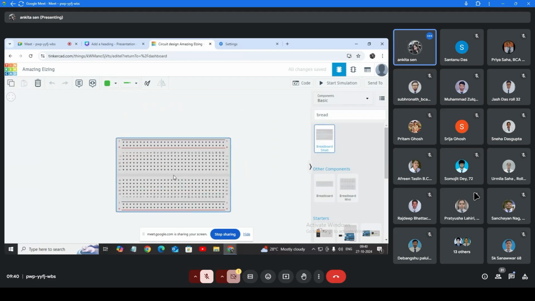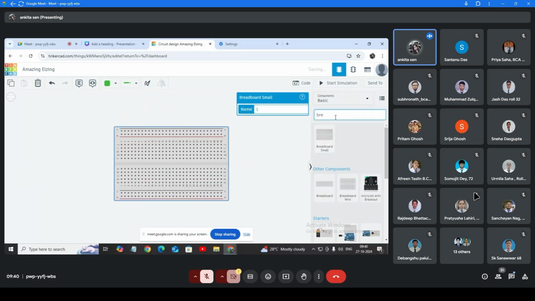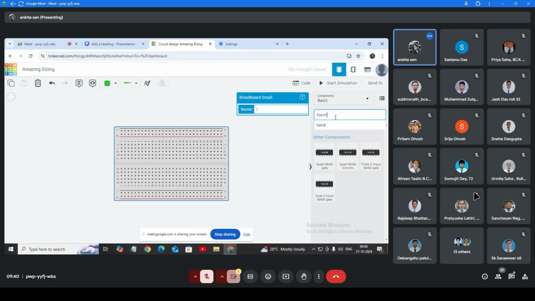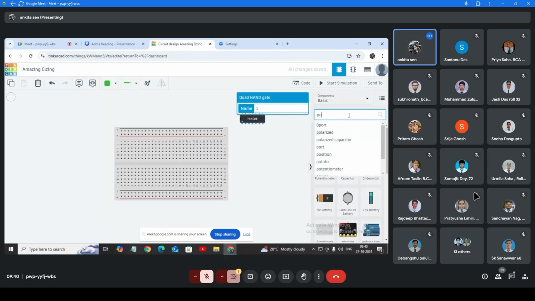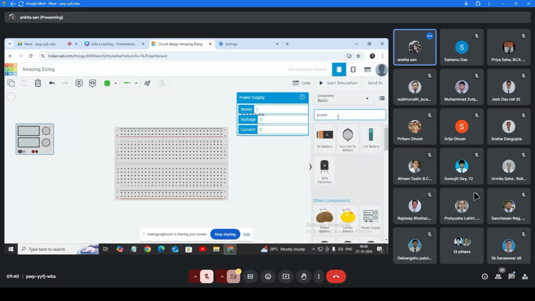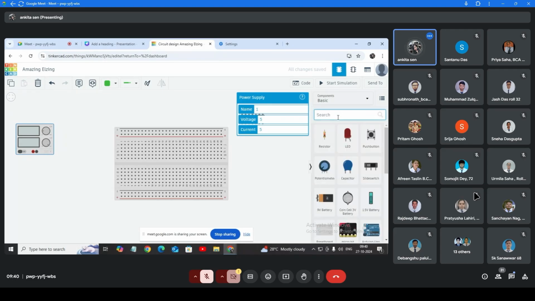Collect the breadboard. Collect quad NAND gate IC. Collect power supply. Collect resistor.